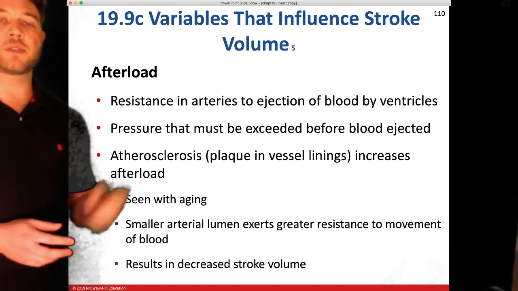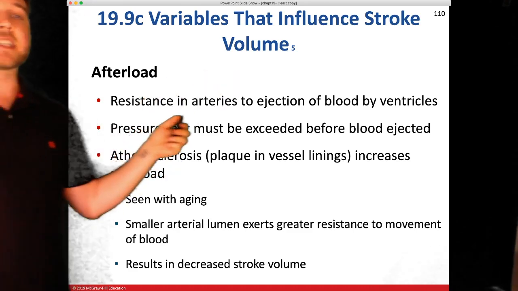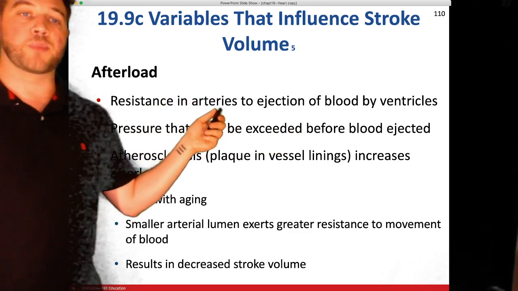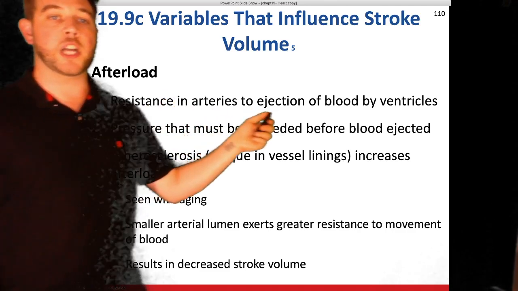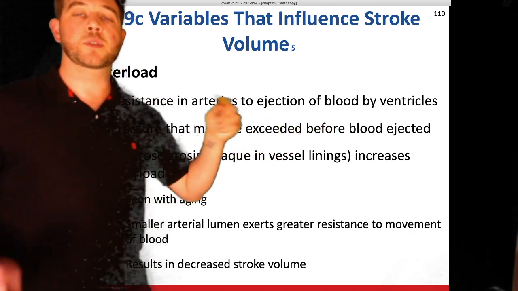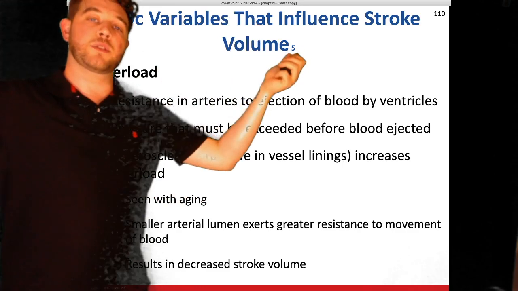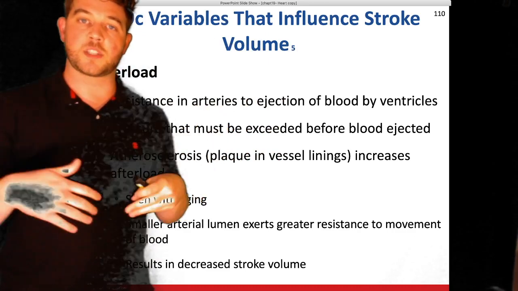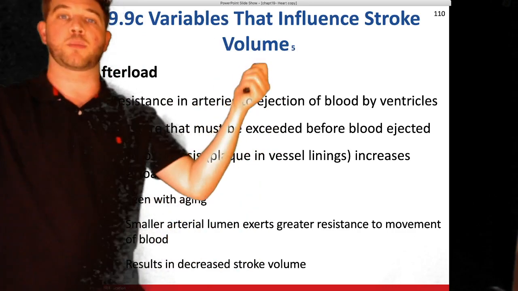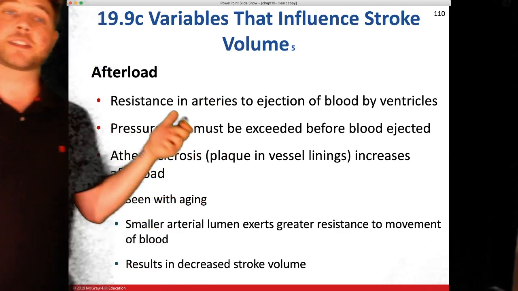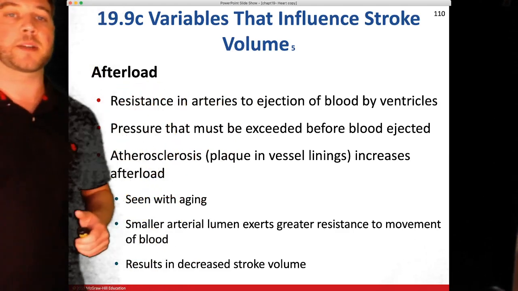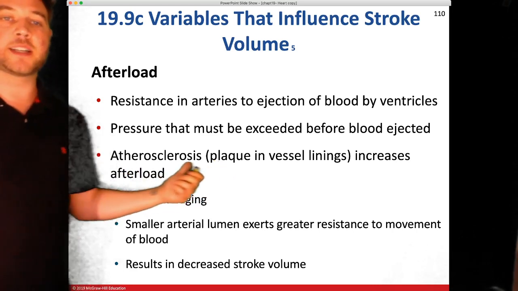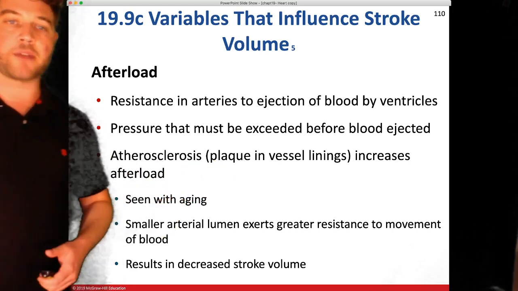Okay, so afterload, that is another thing that affects stroke volume. Your afterload is the resistance in arteries to the ejection of blood by ventricles. So the resistance in arteries, both in the aorta and in the pulmonary arteries, to the ejection of blood by ventricles. The ventricles want to pump blood from their chambers out into the arteries, but there's already blood in there. So they're going to be forcing against it. Remember, they're pushing up against those semilunar valves, keeping them closed until the ventricular pressure overcomes it. The ventricular pressure has to overcome afterload. That's the pressure it's overcoming right there. Atherosclerosis, which is plaque in the vessel lining, the hardening of the vessels, increases your afterload. You see it with